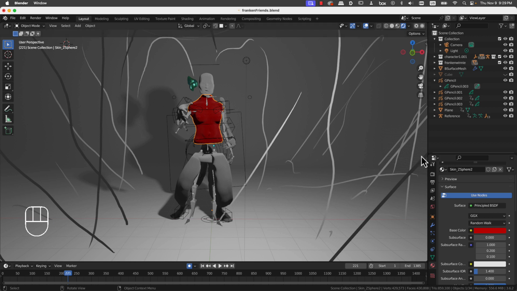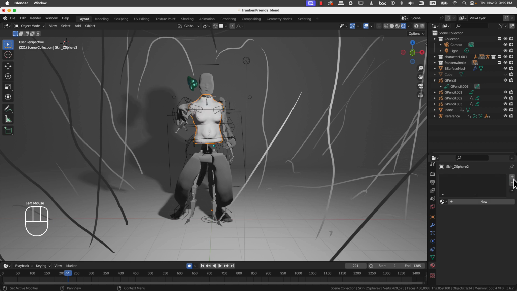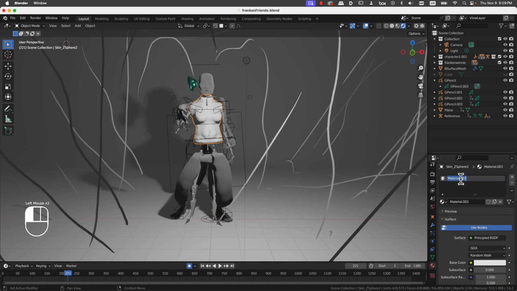So for that, I'm going to create a new material. Actually, I'm not going to use a material that is there. I'm going to press the minus sign. So I take out that material, I create a new one, and I'm going to call this Zelda and link forever. Okay. And now I'm going to jump into the shading